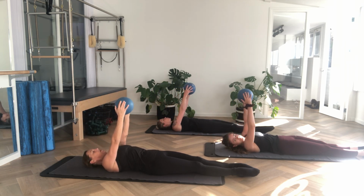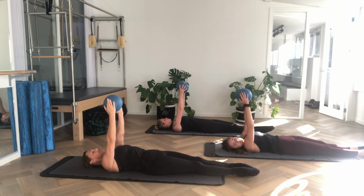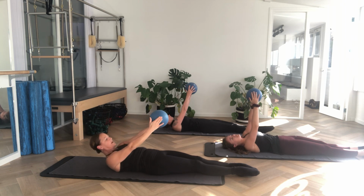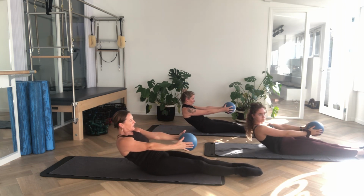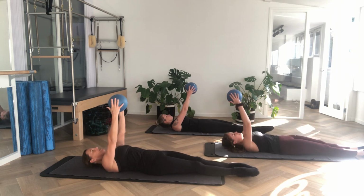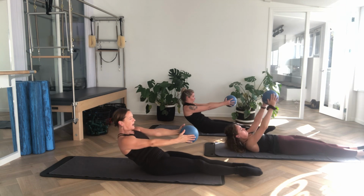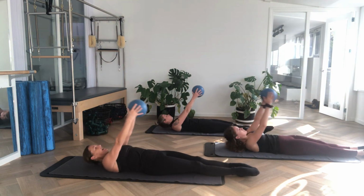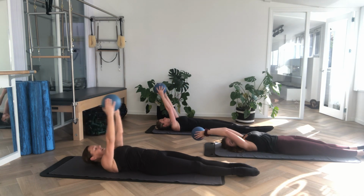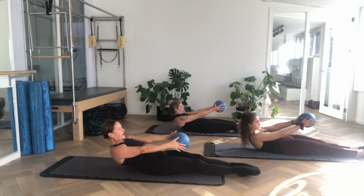Now have your ball in front of or above the sternum. Take a really deep breath in, curl up the upper body. Take it halfway up and roll back down again. Have the ball on top of the sternum, take a deep breath in and lift up again. And roll back down. And lengthen out and lift back up again. Last one, roll back down